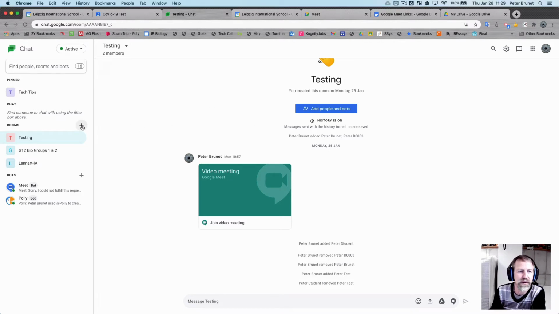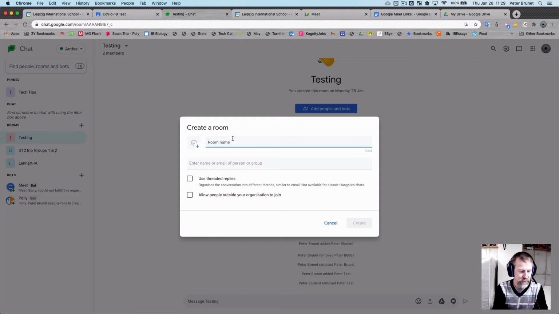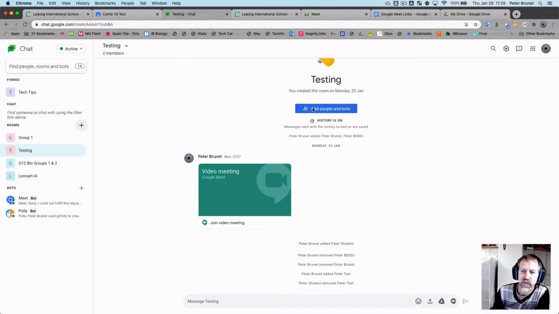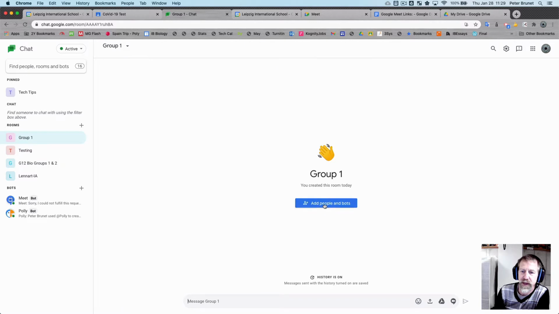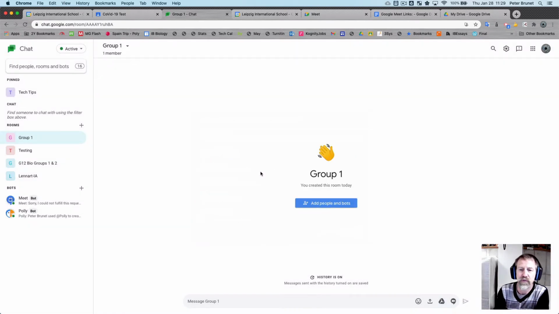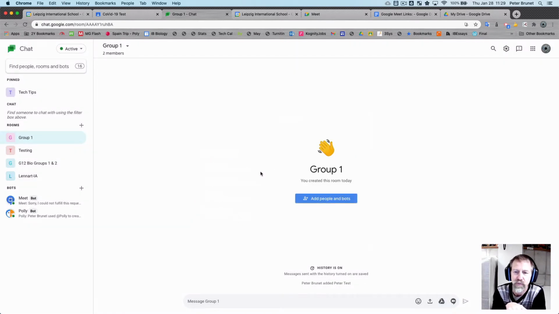So you just click on the plus button and you can name this as group 1 if you want or something. You create a room and then you add students to this room. So you add people here. You can search their names. And then when you add these students, you can either direct them to chat to find this group 1 to enter,